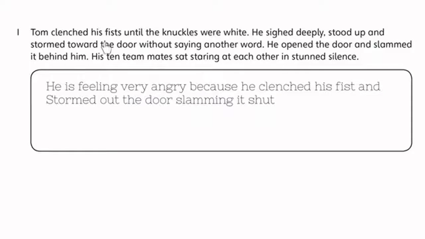Tom clenched his fist until the knuckles were white. He sighed deeply, stood up and stormed towards the door without saying another word. He opened the door and slammed it behind him. His 10 teammates sat staring at each other